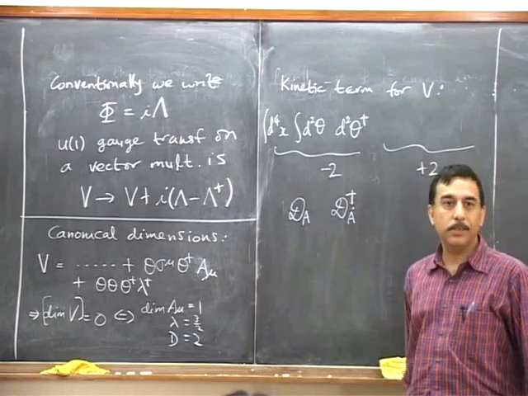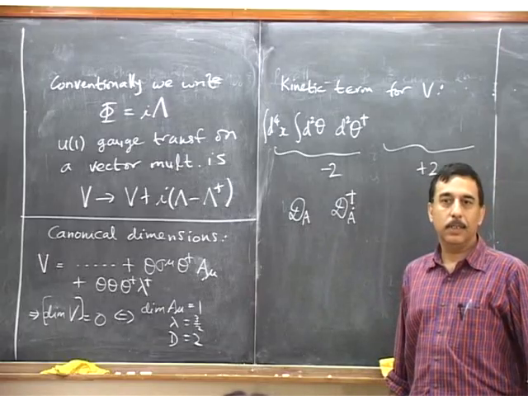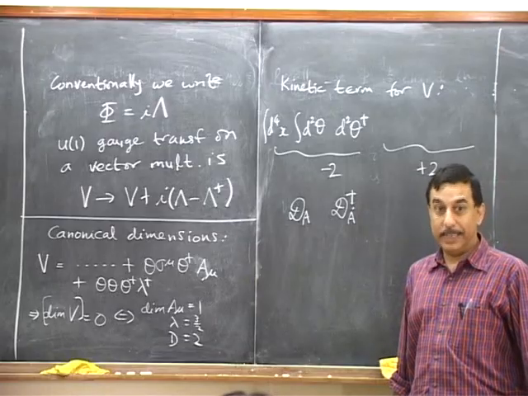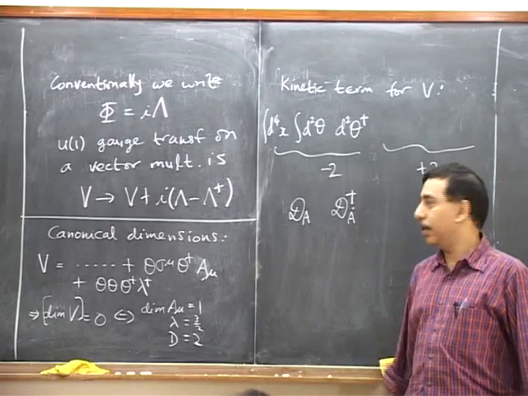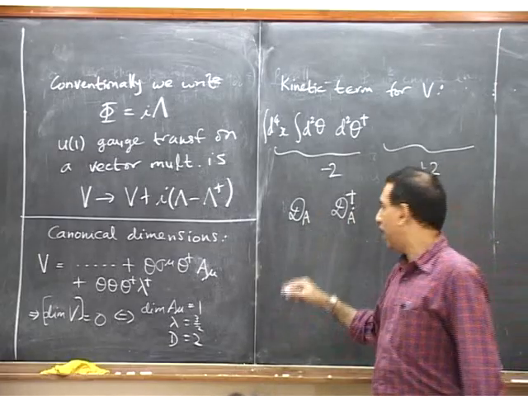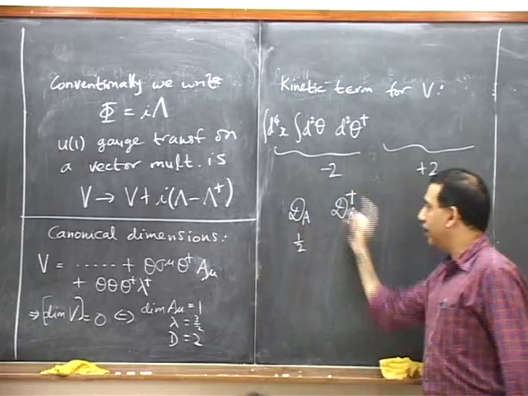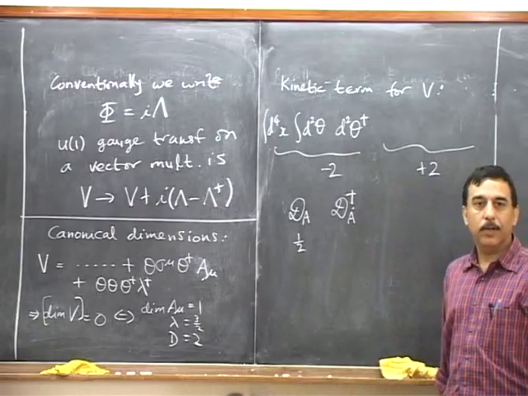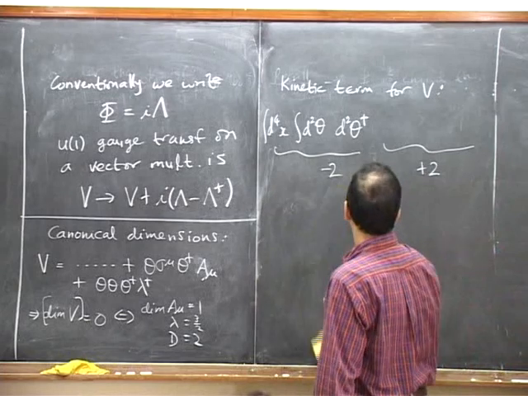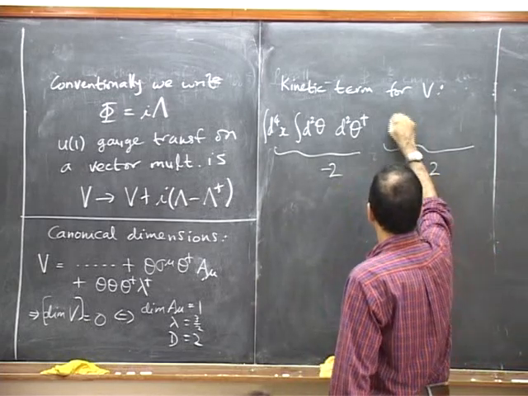What are their dimensions? Same as d by d theta, correct. Okay, because this starts with d by d theta, which is the opposite of the dimension of theta, therefore it's +half. So how many of these together do we need? 4. Very good. So in superspace we seem to be heading for a 4 derivative term,